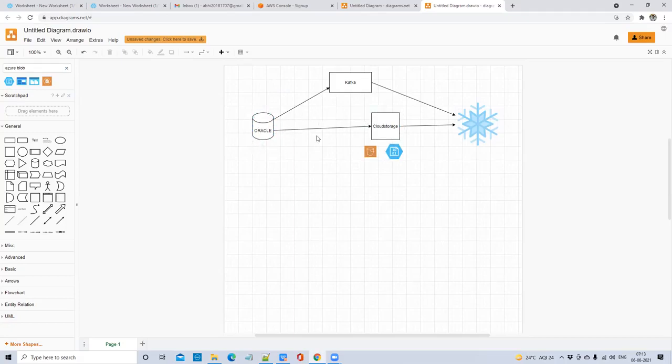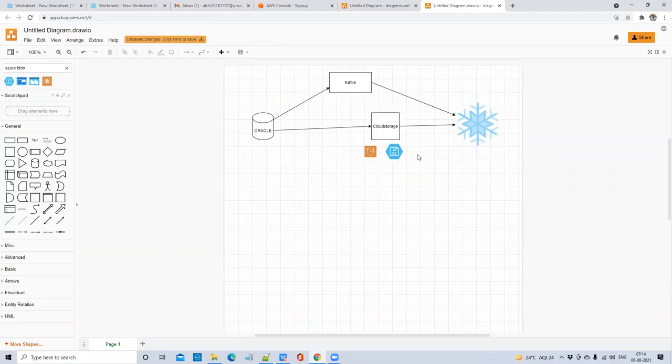And to bring the data from your Oracle system to your cloud storage, we have a lot of options here. We have Amazon DMS, Data Migration Service, Golden Gate, Attunity. There are a lot of tools to migrate the data from your source system to your cloud storage. Or if you're familiar with Python, you have those connector packages. You can connect to Oracle and to AWS from Python, extract the data and put it in S3.